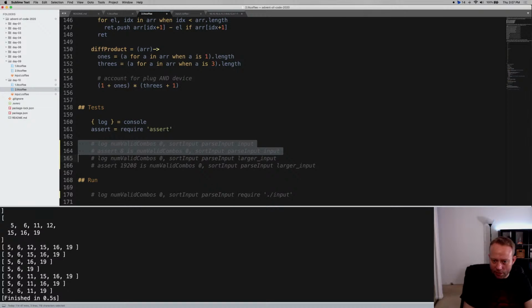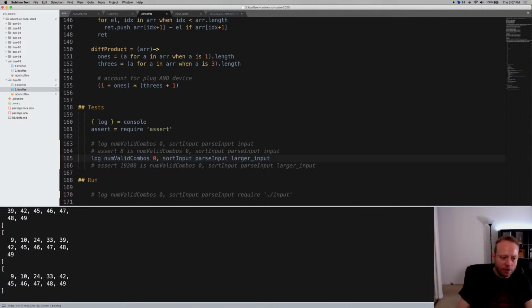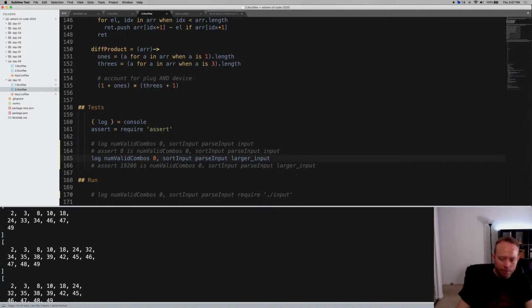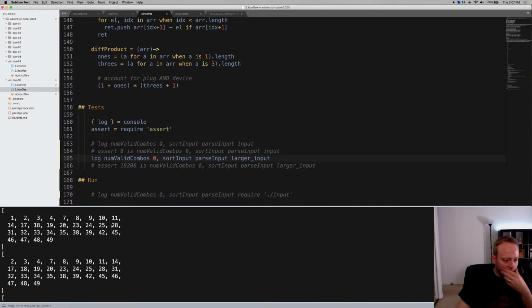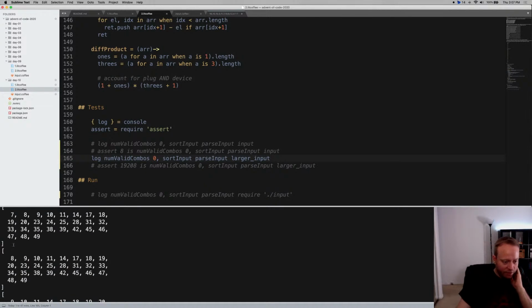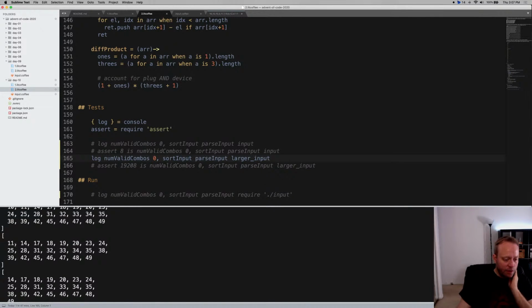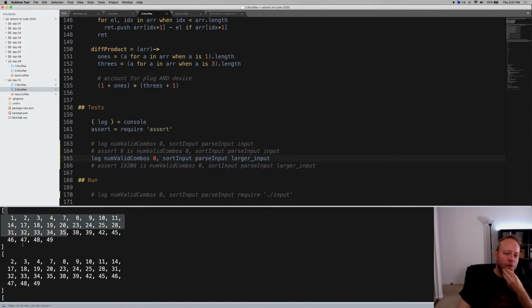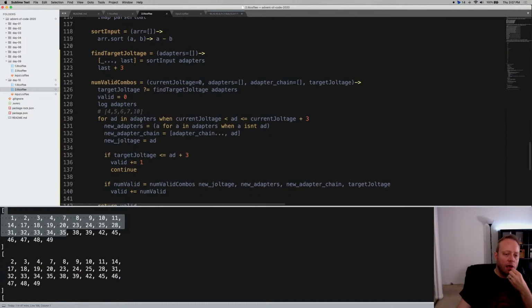Are we doing the same thing in parse input, larger input? So if we do this, this is going to give us a lot more output. So 1, 2, so this is just pulling 1 off, pulling 2 off, pulling 3 off, pulling 4 off, 7, 8, 9, 10. So this is doing the right things. So I guess I don't understand why this also doesn't work when I only loop over